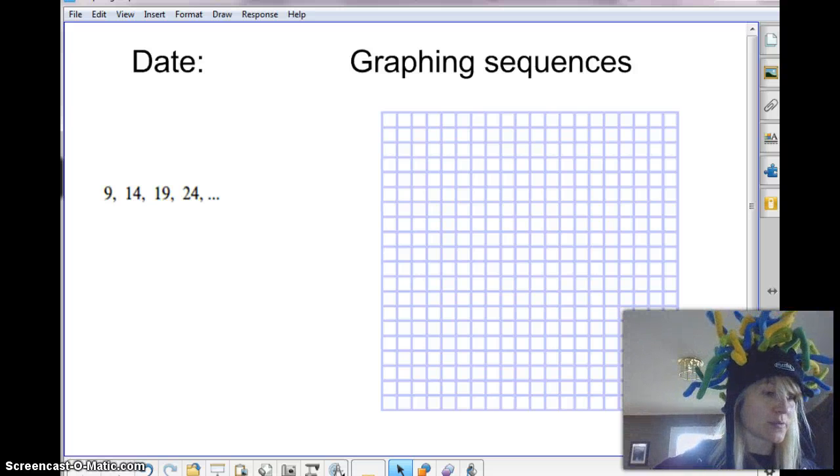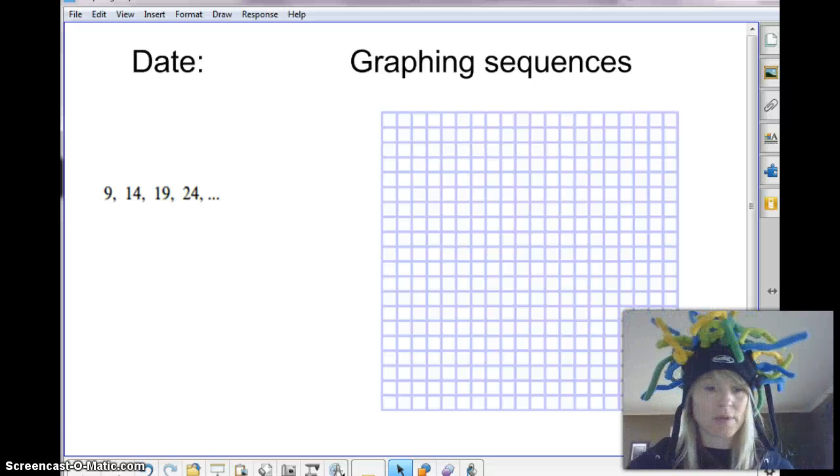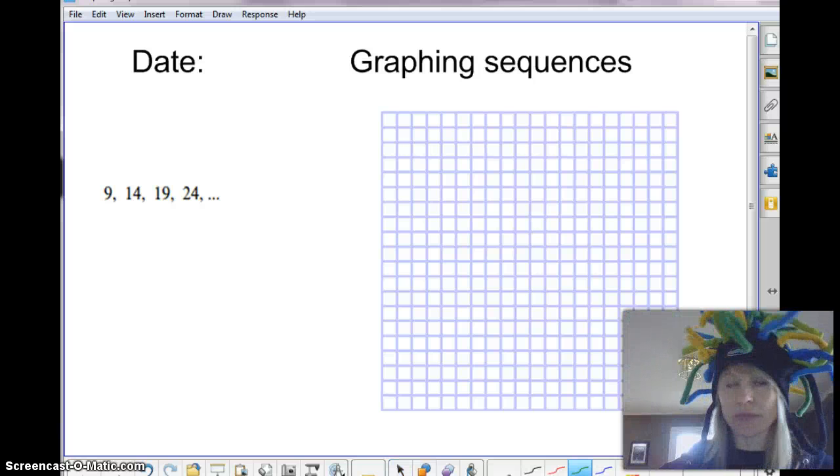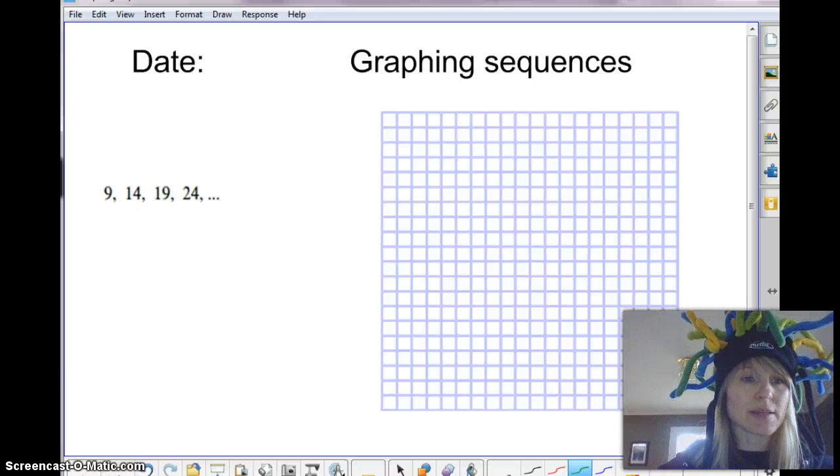And hopefully you've seen this sequence before. Just looking at this sequence, if I add 9 to 5, I get 14. If I add 14 plus 5, I'm going to get 19. Sorry, this is all not showing up very well. So we're adding 5 each time. And I also know that the 9 is my first term and the 14 is my